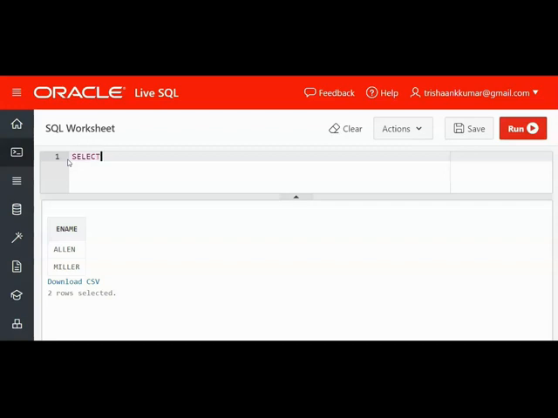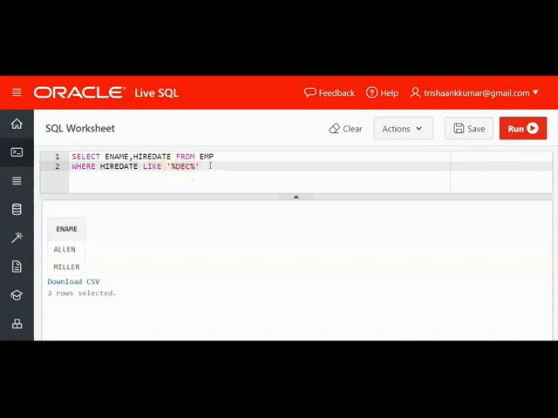How can we do that? We need to display both ename and hire date. Select ename, hire date from EMP where hire date like, what is our requirement? We should know that the date column contains the month keyword, and the month is stored as only 3 letters. That means December will be represented as DEC. That minimum knowledge you should have, only then can you write this query. Otherwise the pattern will not match. So December is represented as DEC.